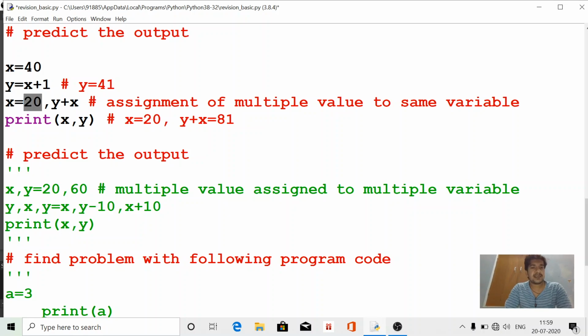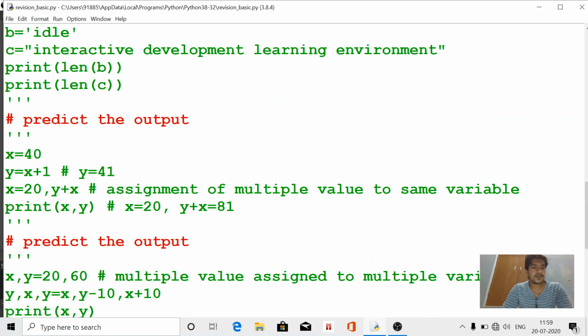We will see it in our upcoming lecture. That's why we get here two values of x, one is 20 and the second one is 40. That means we can store more values in the same variable. This concept is called dynamic typing.